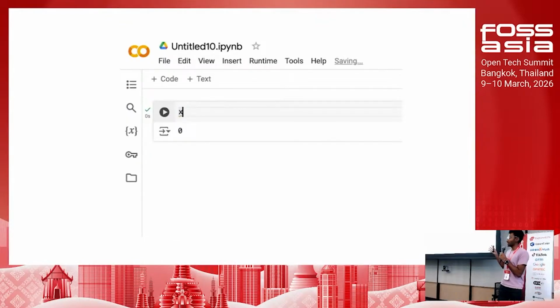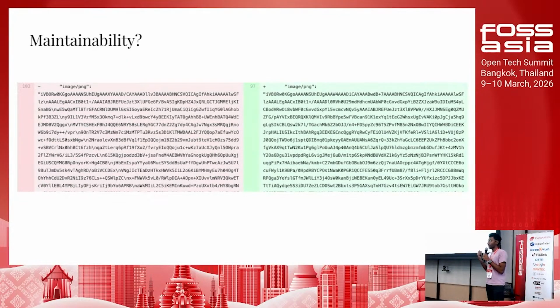These are simple snippets, but if you create a large notebook where you have multiple definitions of x and some cells are mutating x, who knows what the program would actually run when you share it with someone else? So it creates a lot of reproducibility issues. It's also not very maintainable.